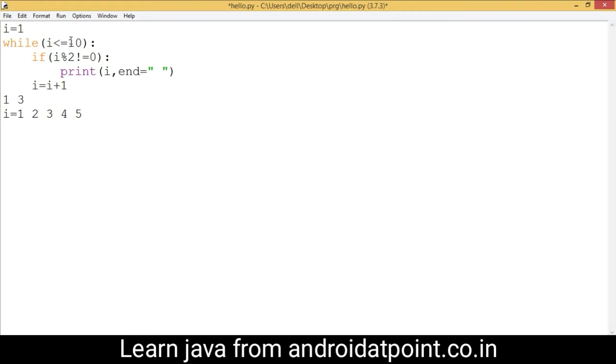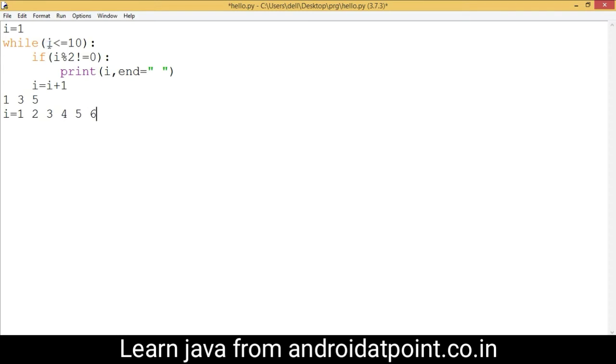Control comes here and again checks the while loop condition. 5 is less than equals to 10, the condition becomes true, so control comes here and 5 modulo 2 returns 1, the condition is true, so the value of I, 5, is printed by the print function. And now the value of I is 5 plus 1, 6, assigned to the I variable.